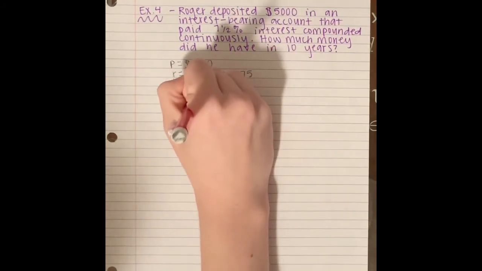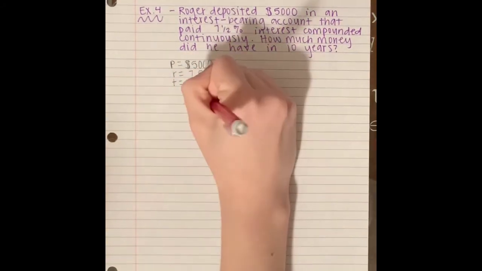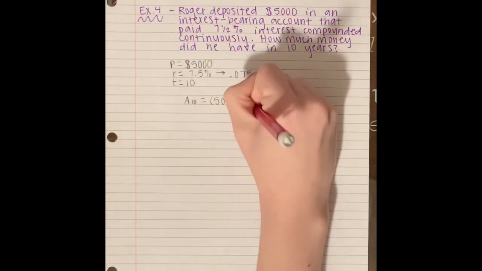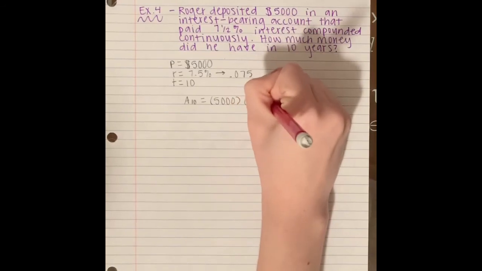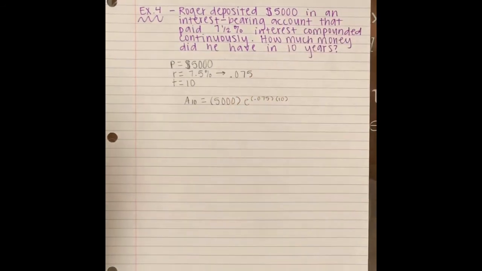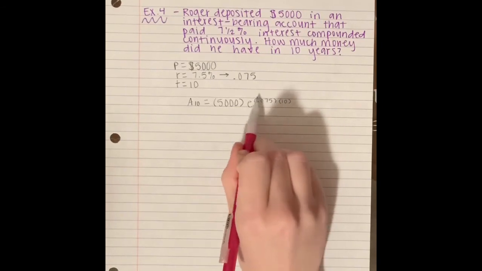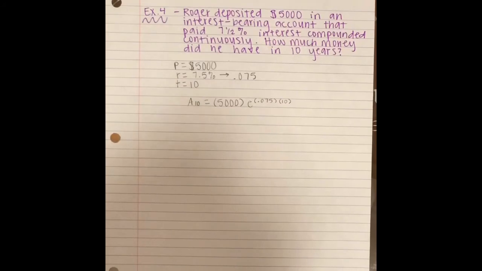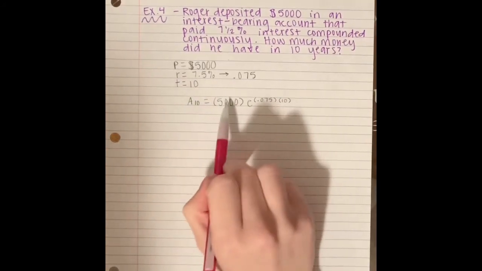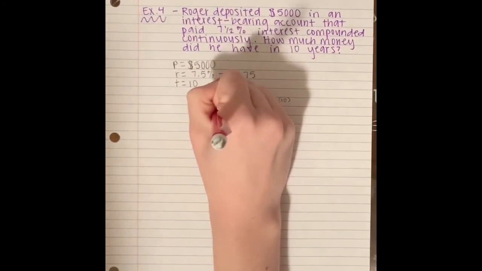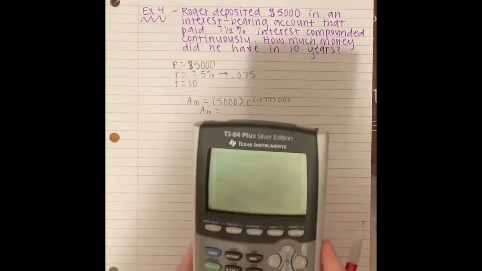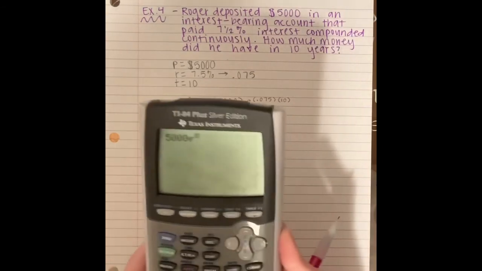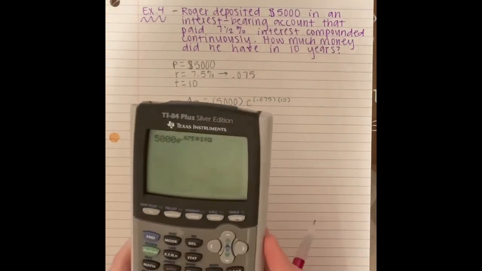So the amount after 10 years is going to equal original amount, principal, times e to the 0.075 times 10. Now make sure when you're typing in your calculator to keep both of those in the exponent. I didn't say that before now, but that is really important. Make sure your 10's not at the end. So we have nothing missing over here, so we can just type that into our calculator and see if he made any money. So 5,000 e to the 0.075 times 10,